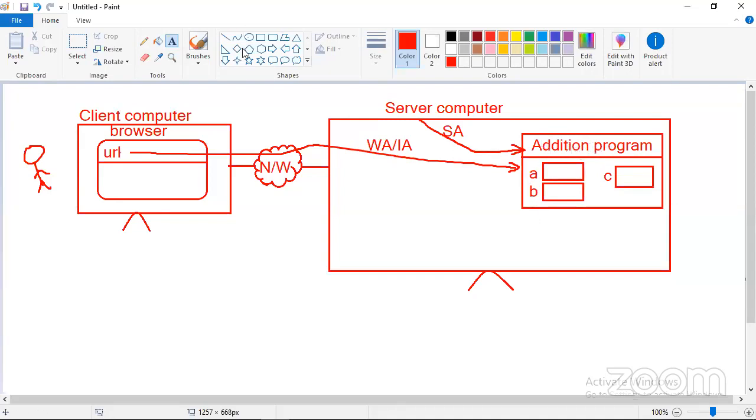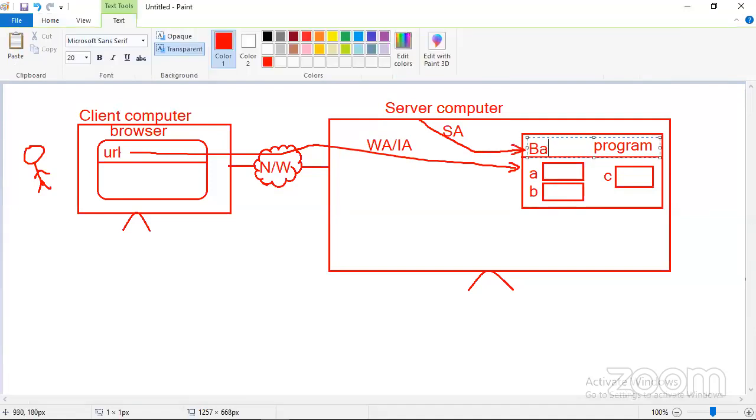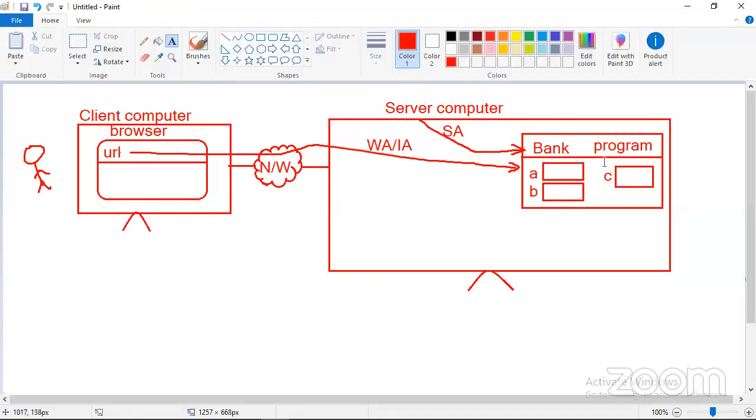Let me try to take a bank application so that you will get some more clarity. Shall I take a bank application? In place of the earlier example, I'm writing bank. In a bank program, you want to deposit money.